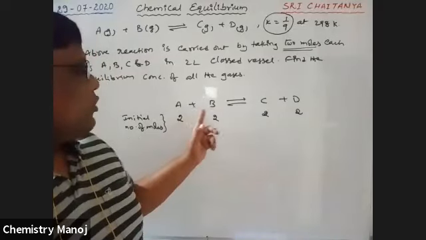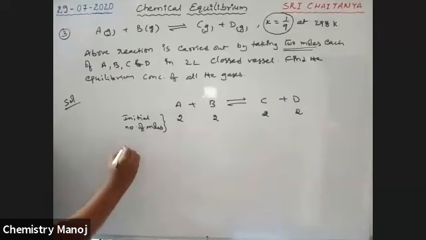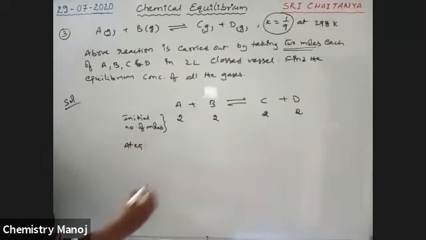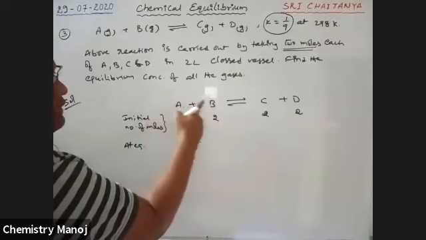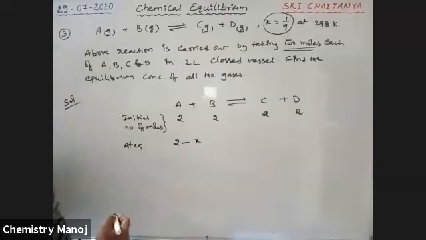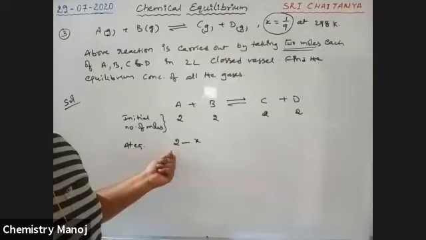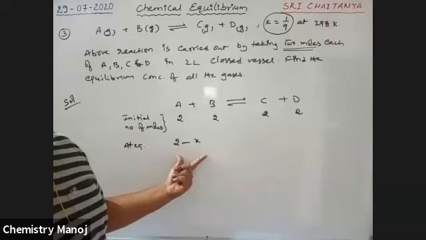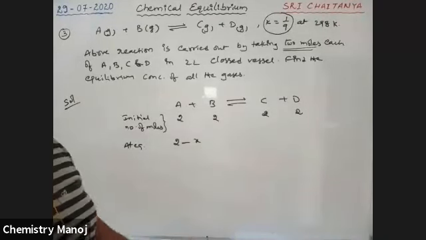From this, X moles are going to be involved in the reaction. So at equilibrium, X is involved. If it is X, it is 1 mole, involved in 1 mole. Therefore, how much is the remaining? That is 2 minus X. Actually, 2 is taken, and in this 2, X is involved in the reaction. So the remaining number of moles is 2 minus X.